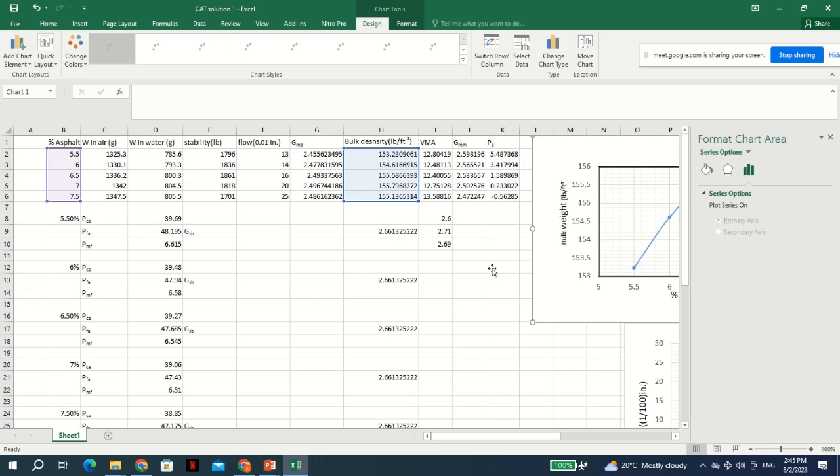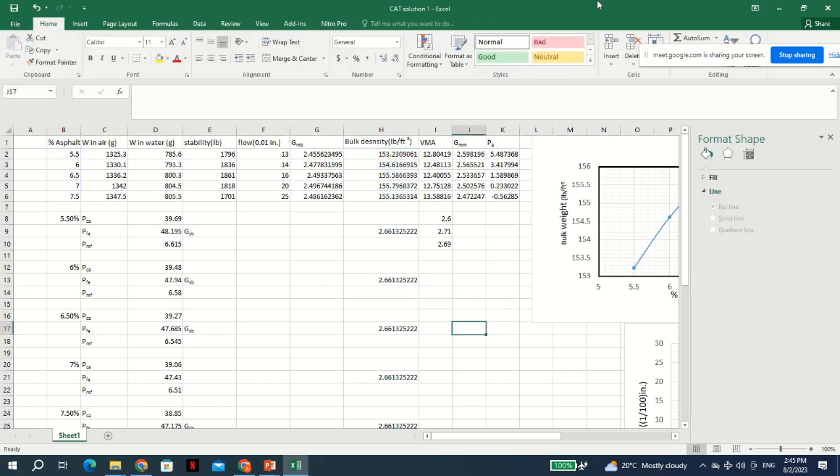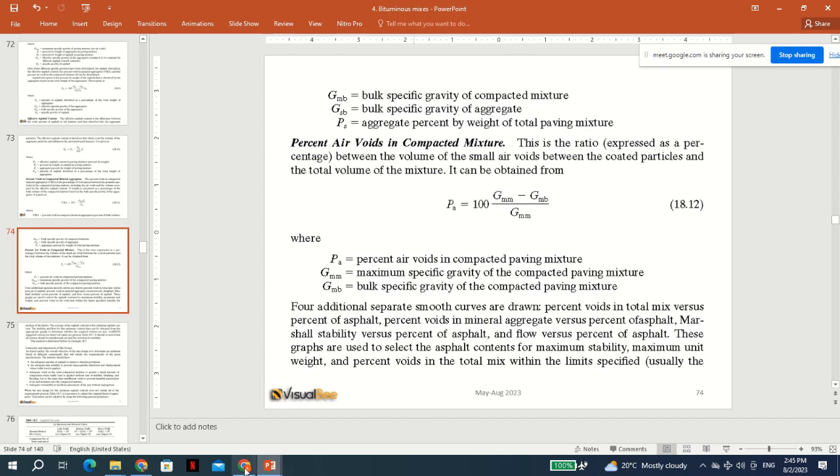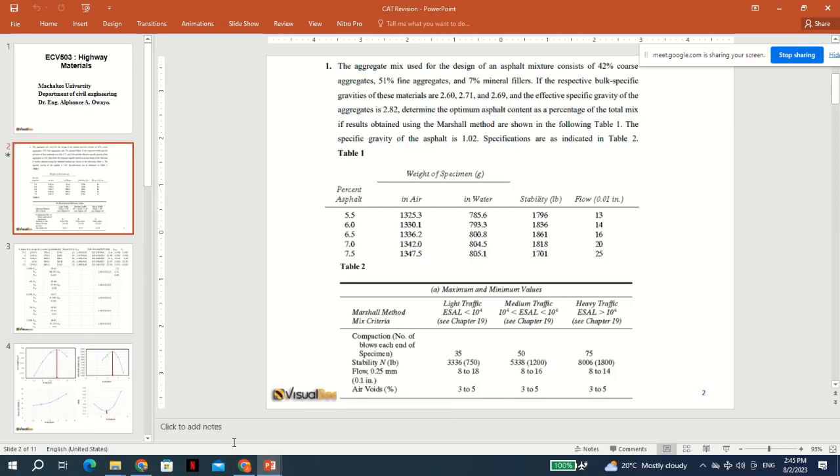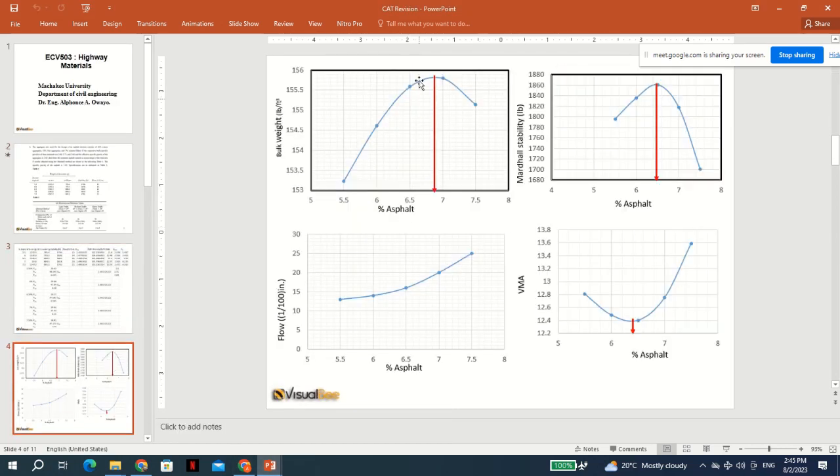So having done that, this is just showing you the Excel sheet. Once you do that, then you draw the curves, and then you find the optimum. The optimum value from here is about 6.7, 6.8 from the bulk density curve. From the Marshall stability and asphalt, the maximum seems to be 6.5. The optimum here is 6.4 using the VMA curves, okay. So these are the curves that we use, if you remember the example that we had done in class,